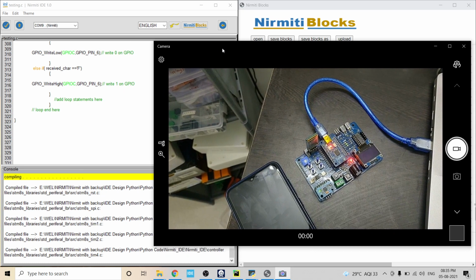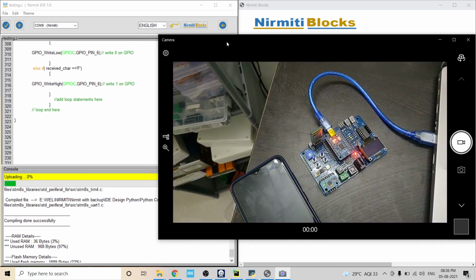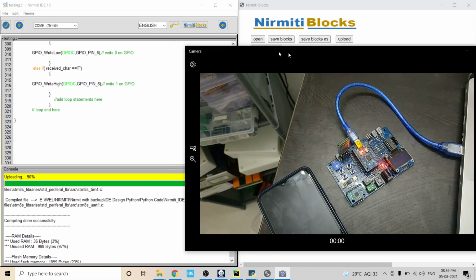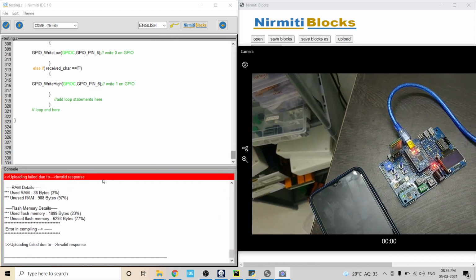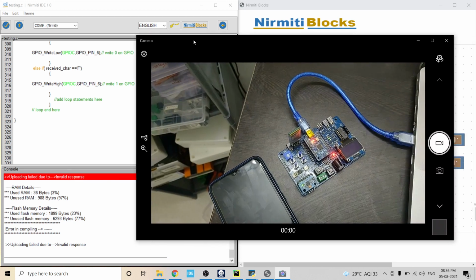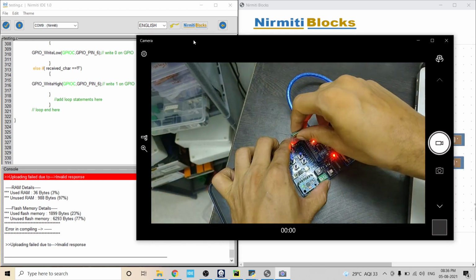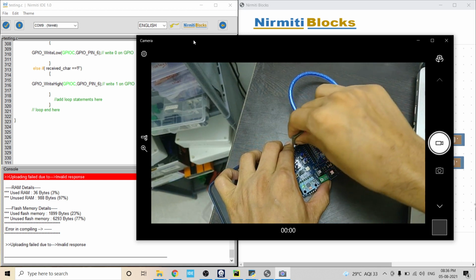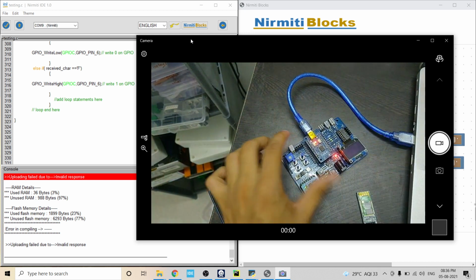Now I know uploading will fail. Now you can see the upload will fail because the Bluetooth is attached, and while Bluetooth is attached, the program cannot be uploaded. Here you can see the program upload has failed because we can't upload the program while Bluetooth is attached. Now I have removed the Bluetooth.